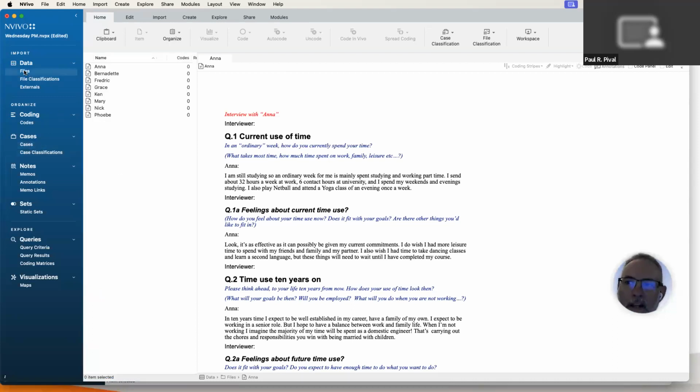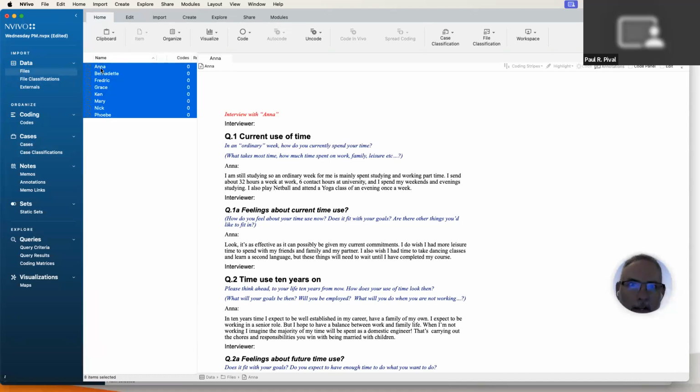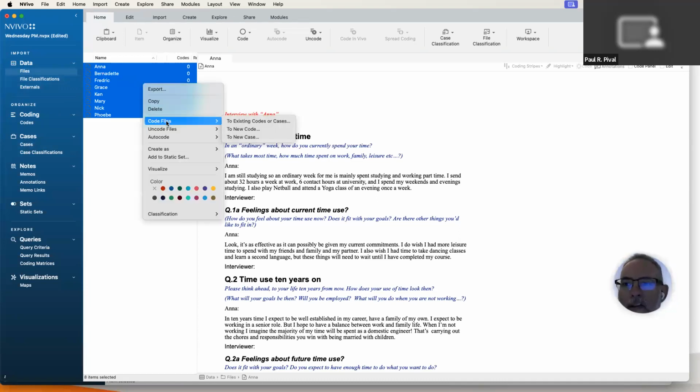So the very first thing that I want to do is tell NVivo that I'm going to be treating these documents as people, not the documents themselves, but they represent or are represented by people one way or the other. So in the files area, I've highlighted all of them. And once again, you could do this at least 2 or 3 different ways, but I'm going to right click and say,